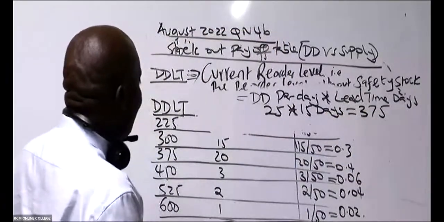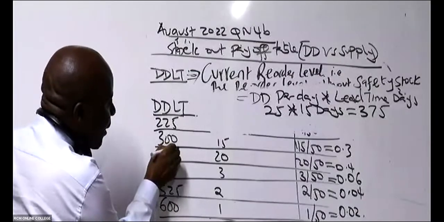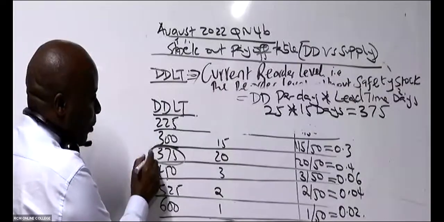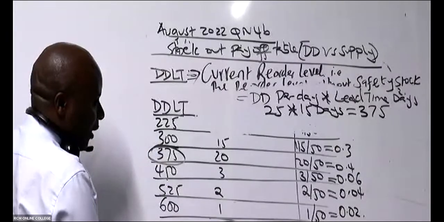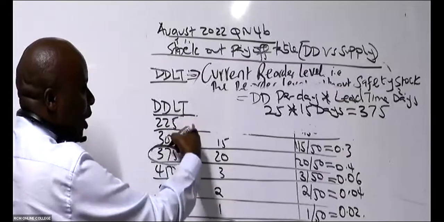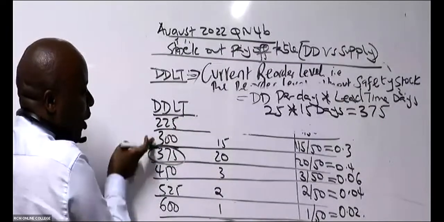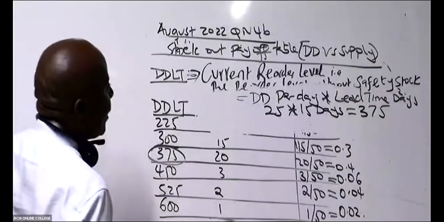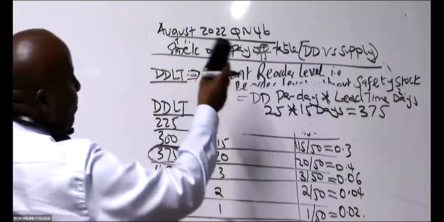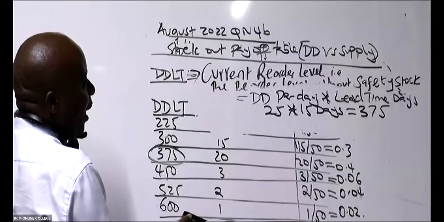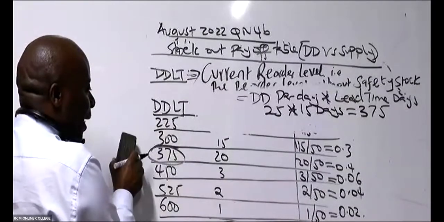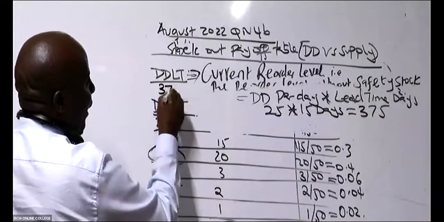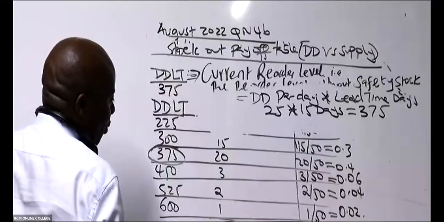So as I write my numbers, I will begin. This is the starting reorder level, this 375. So I'll be able to run with the ball here, because I will never have any stock outs with this. No stock outs totally. So I will start from here. When I write here, ladies and gentlemen, this demand versus supply table, I can't start from the very beginning. I'm beginning here with 375, and then I write all the others.